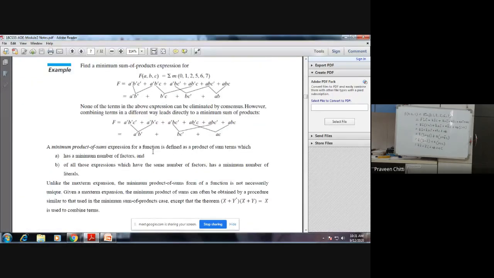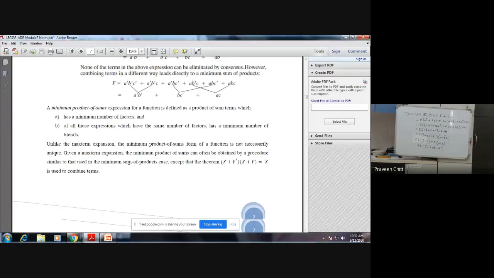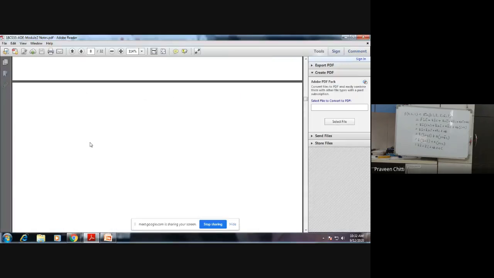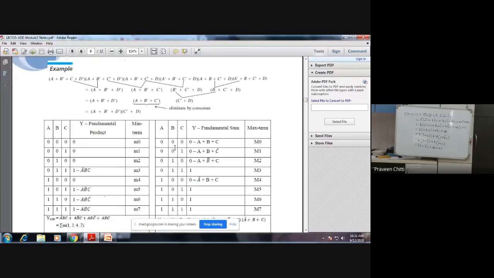Here we don't have a structured method as such. It's a trial and error kind of method, wherein you have to club the different factors and try to eliminate terms by using the property x plus x bar equal to 1, or the other Boolean identities and laws of Boolean algebra. Hence, here I have shown one more. This is a product of sums expression. Again, you can take a common term and come to the minimized expression.